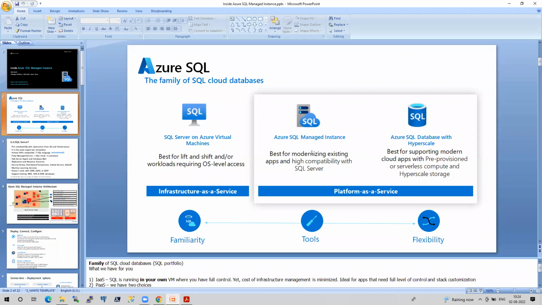Most of the things will work in MI. We have jobs, linked servers, database mail, and Always On. When I say Always On, I mean we cannot configure it, but the underlying machines will make use of Always On. We also have inbuilt clustering, which I'll talk about later, and many more things. Most of the things available on SQL are available on MI. There are a few exceptions, but we'll talk about those later. So this is about MI, guys.